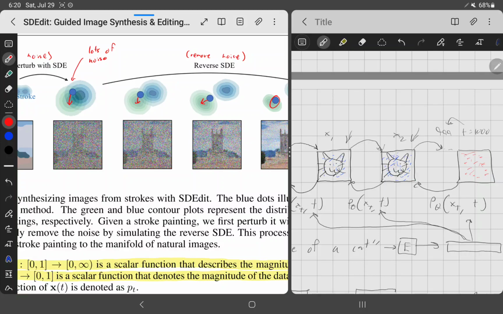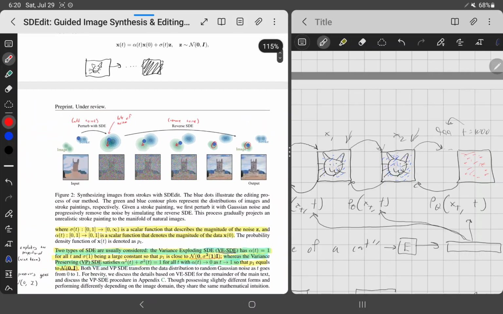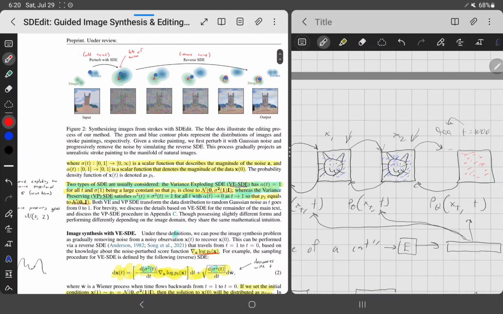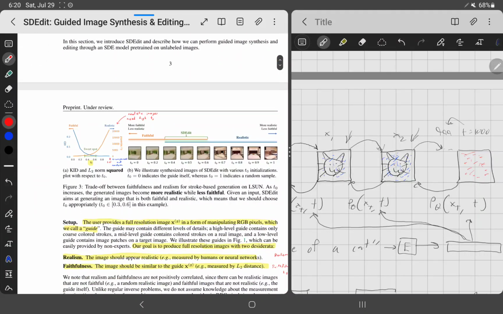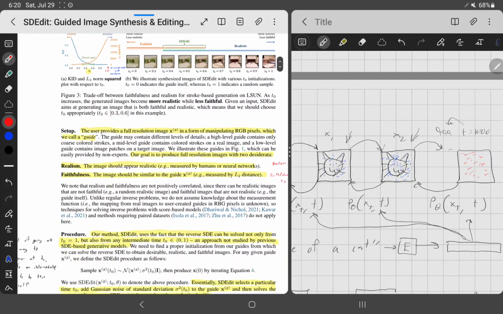And they don't even have to train an SDE model because there's already SDE models out there. You just take one off the shelf and use that. Now, there's a really important point they make, and that is this point which I mentioned at the beginning: realism